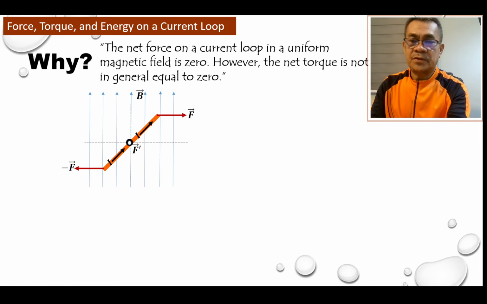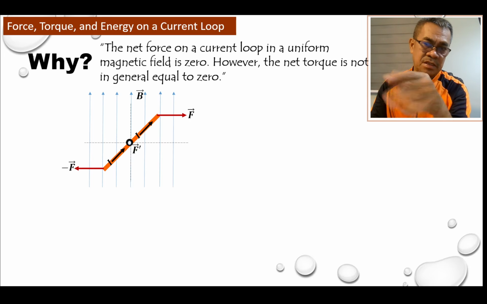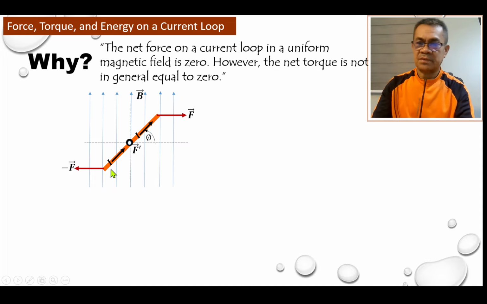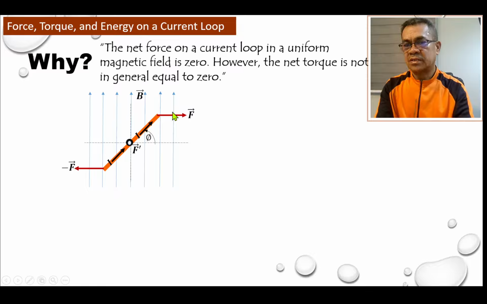Okay, because a force is outward, then the opposite is inward, and this one is towards left, and this is towards right. So therefore, if you sum up this force, remember that the length of this wire is the same as the length of the wire opposite. Which means whatever magnitude this is, the same magnitude is that. And they are opposite to each other.